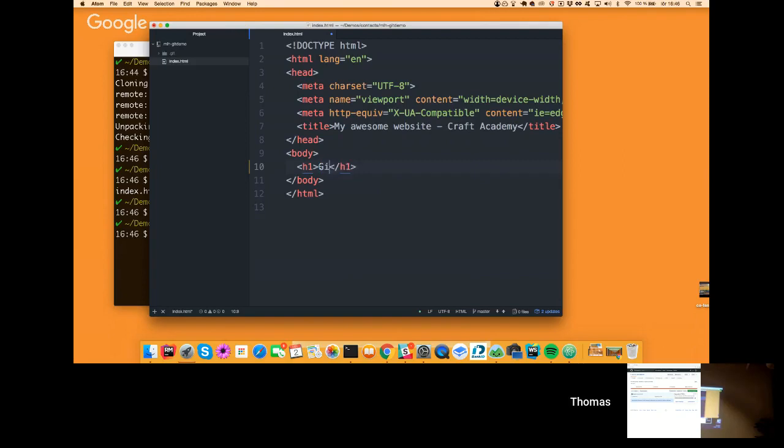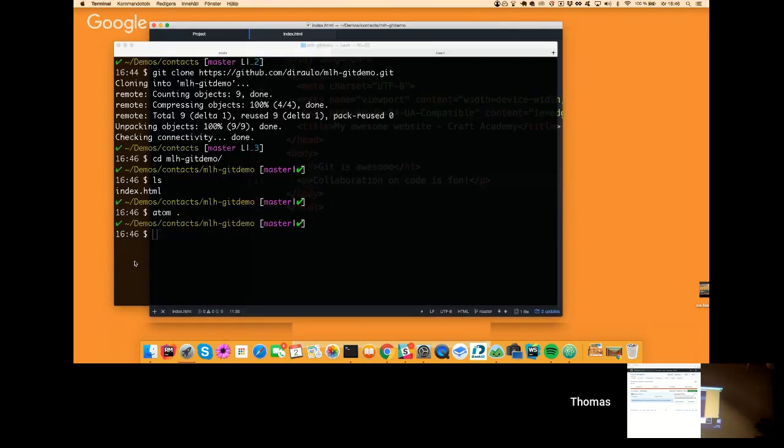And I say that Git is awesome. And I can do some other stuff, collaborating on code. It's fun, right? And something like that, right? And yeah, whatever. And here if I go to git diff,